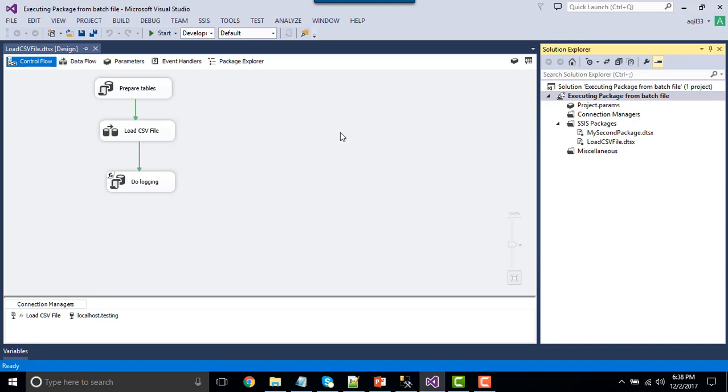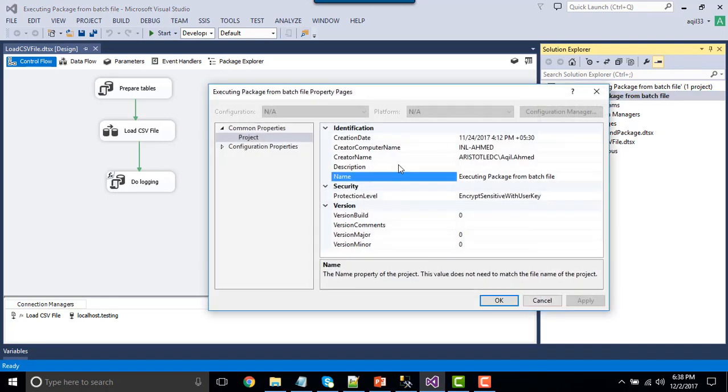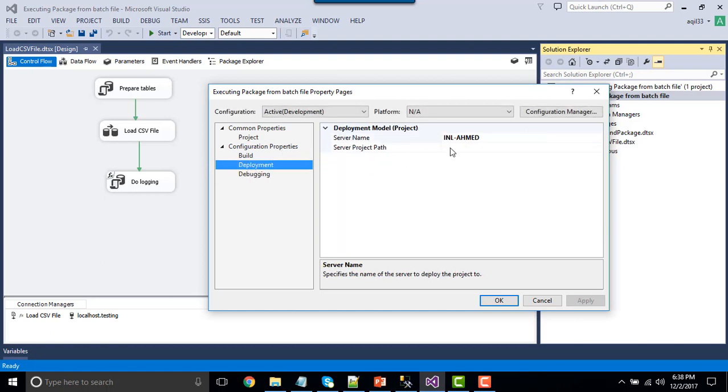To generate a deployment file, you need to click on the SSIS project and navigate to properties, expand the configuration properties, click on deployment, and make sure that this particular path is empty, and click OK.